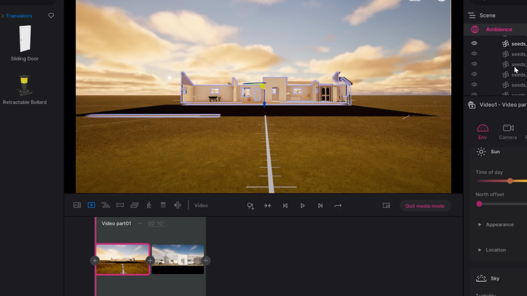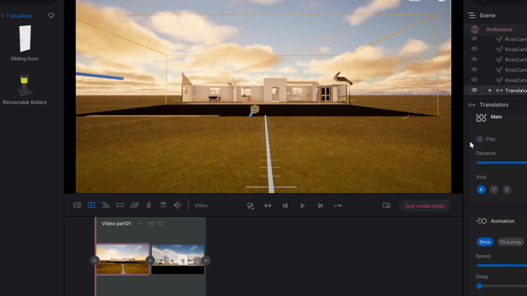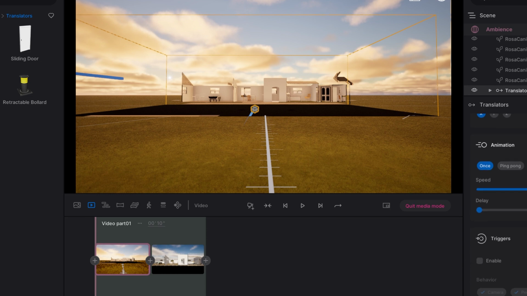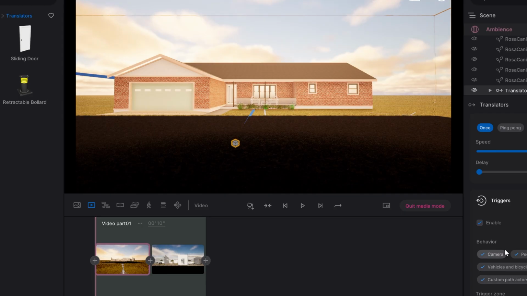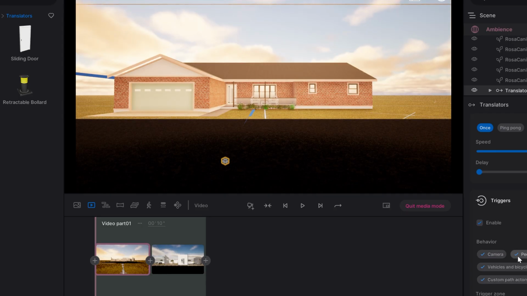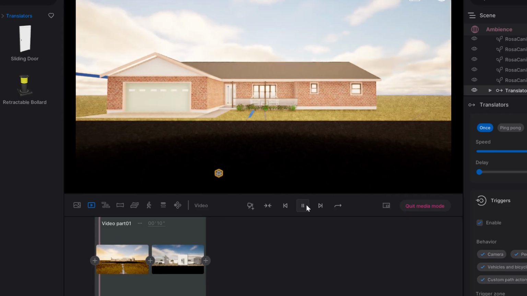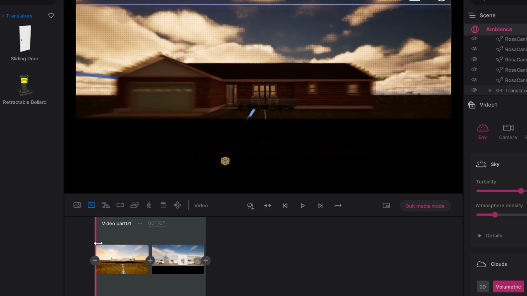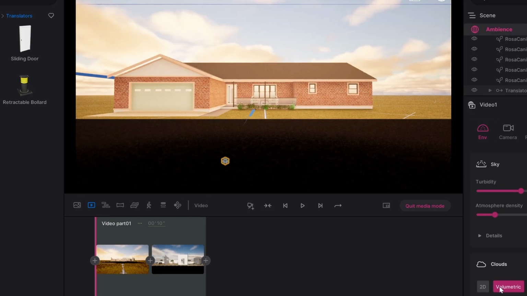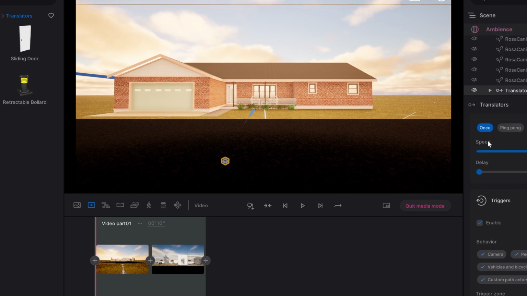So if we scroll all the way down to our translator, we've got it playing once. That's how it starts. So now if we go to the translator,